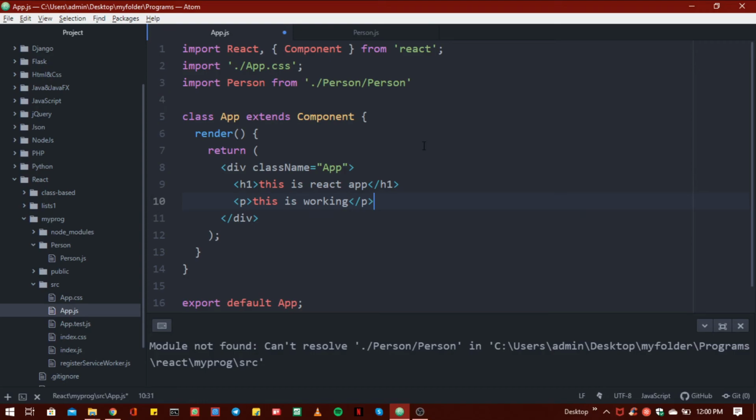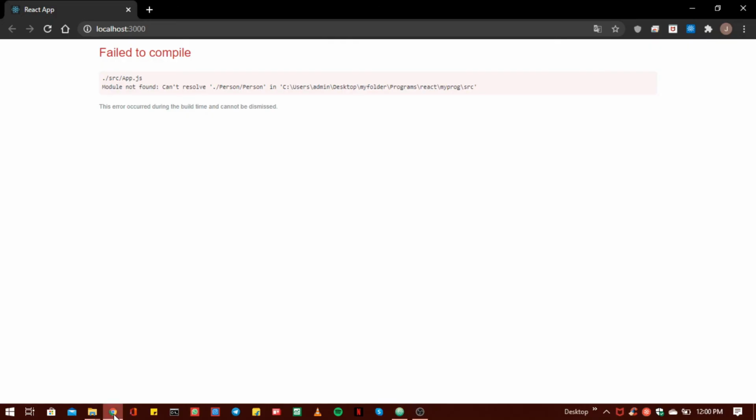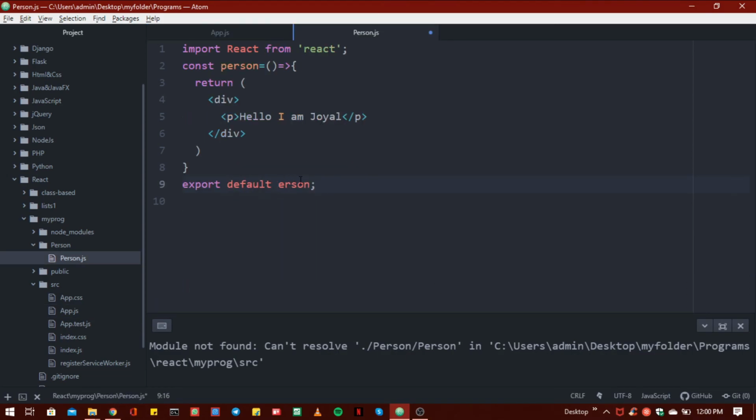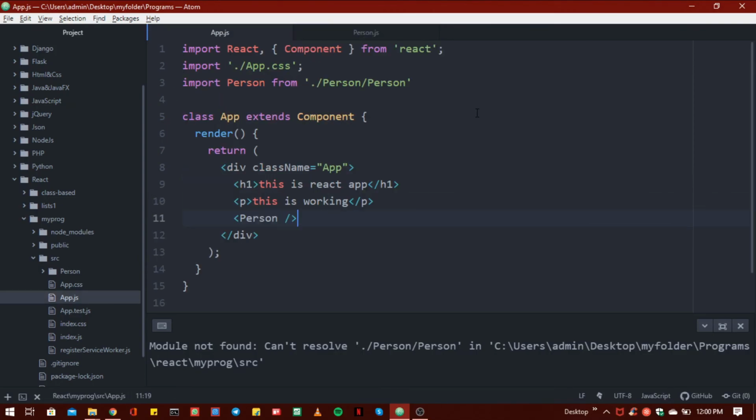Now I want to use this component, so here I have to write person and again save it, but there is an error. So here this is small p, and I want this person inside my source, so let's move this. Now again save this,